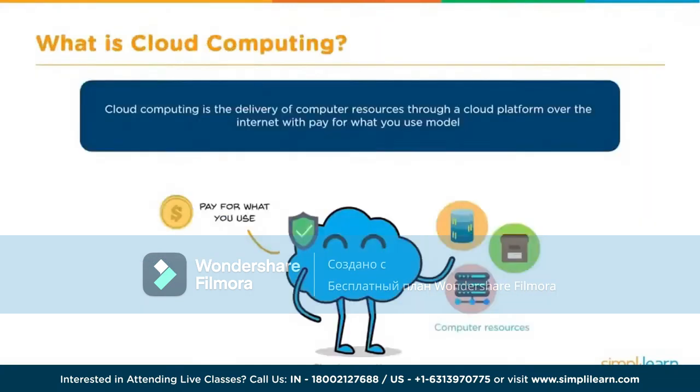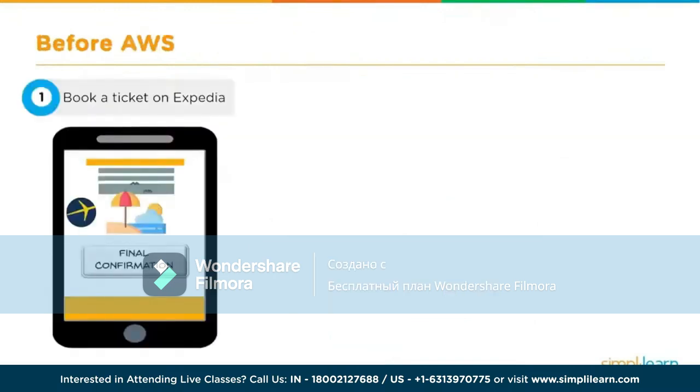So what is cloud computing? Cloud computing is the on-demand delivery of compute resources through a cloud platform accessed via the internet, and it's also a pay-as-you-go service. Be it compute capacity or database or storage in cloud, we access them through the internet, and that too on a pay-as-you-go pricing model. Let's talk about how things were before